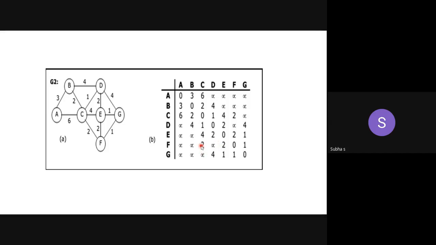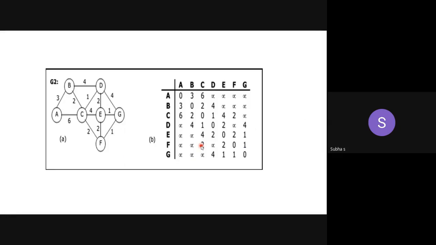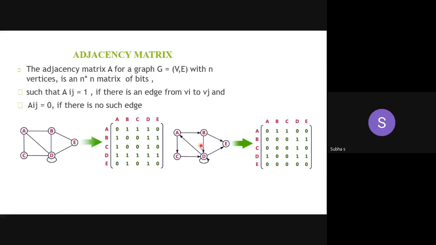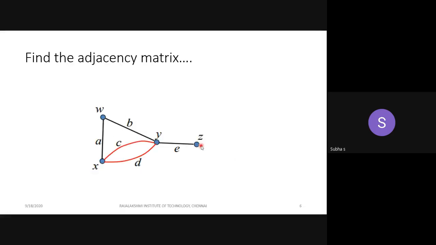Got it? So you are able to find the adjacency matrix for an undirected graph, a directed graph and a weighted graph. In a directed graph, if the edge is leaving a particular node, there is an edge from one node to another node, put it as 1. The reverse is not at all possible. In weighted, you have to put infinity if there is no path. Make it fast. Note down this graph.